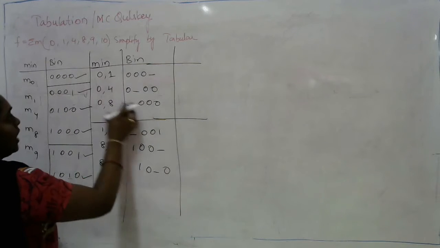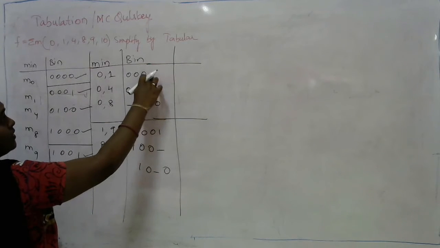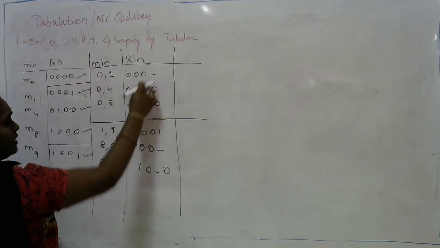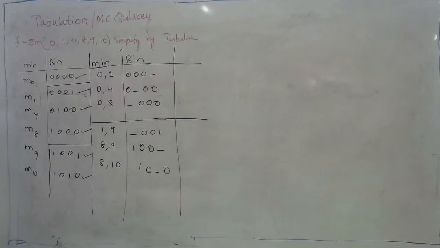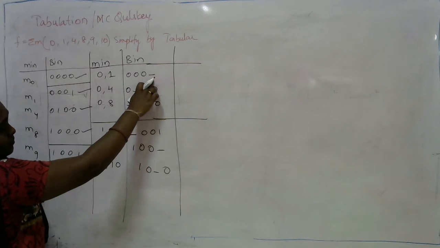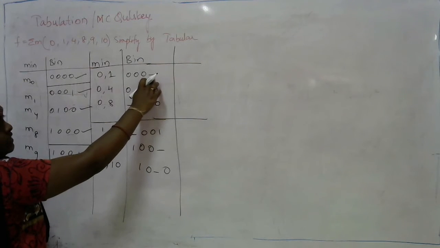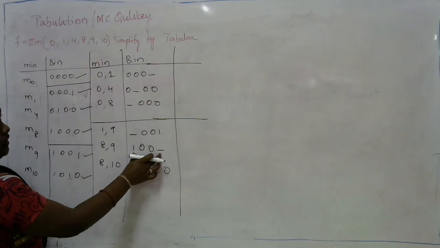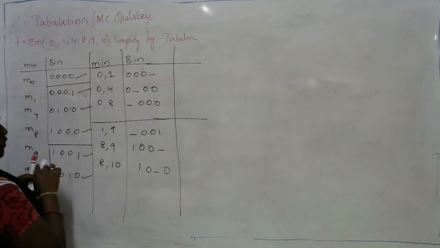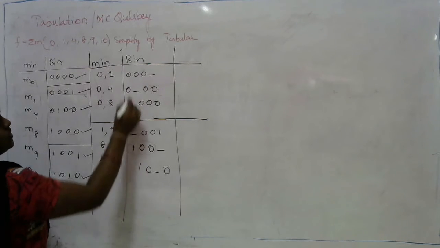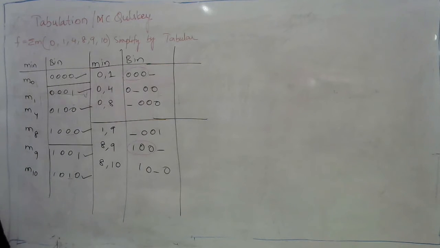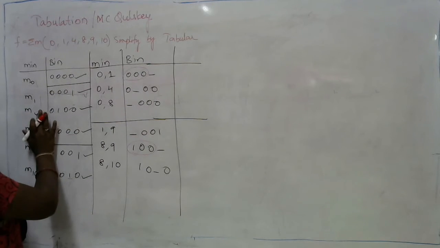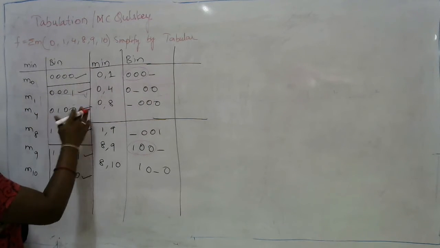So here now check wherever the blank is there, the same blank is present at the other side and the remaining position should also be changed in a single bit. So here at the first thing, the blank is at the LSB side. Check for which one you are having the blank at the LSB side, which is nothing but at this position. So now we need to check even for the remaining positions, if there is change in a single bit position, then only we need to write down the corresponding minterms.